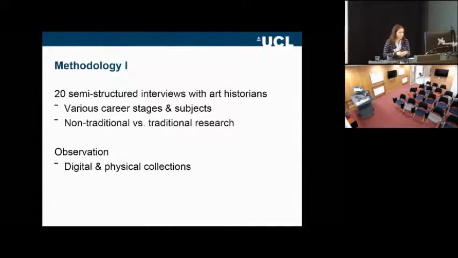So what do I mean by that? I define non-traditional research when scholars used methodologies that were considered non-traditional, maybe digital methodologies, or followed a quantitative approach to art history. And the traditional researchers were either looking at the more traditional subjects like European art, or employing more traditional methodologies